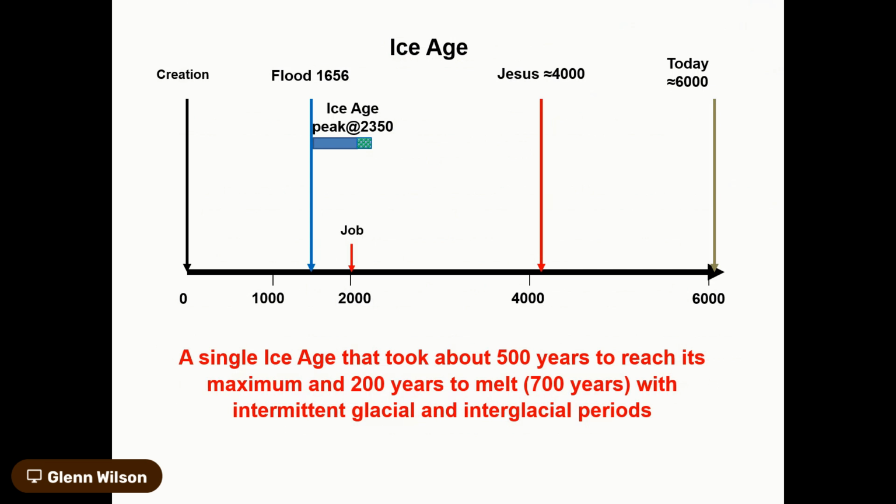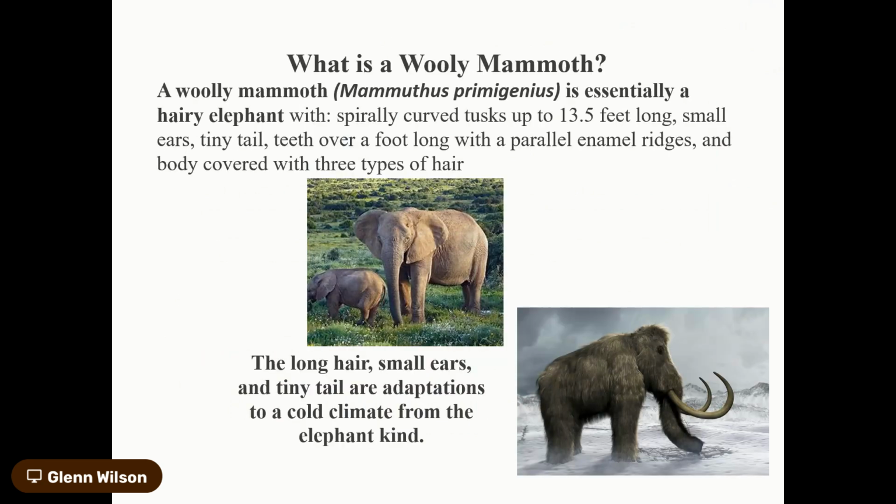Well, we've talked about this before. Michael Orr did some simulations of the weather, being that that's what his career was in, and it suggested that the ice age would occur for about the first 500 years after the flood, and maybe another 200 years of intermittent as it slowly ended and you had the melt. The reason I bring that up is we're going to talk about woolly mammoths.